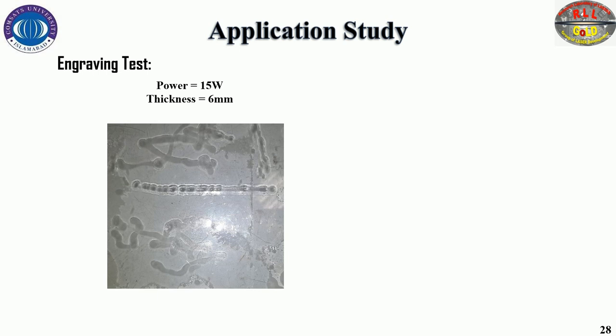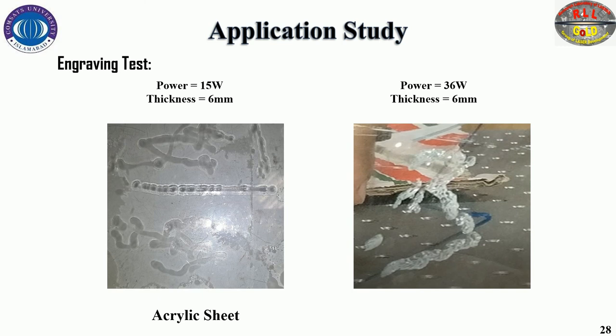Then we tried some engraving tests on the acrylic sheet and a transparent mirror, but the transparent mirror gets fractured directly without deforming elastically or plastically because it is a brittle material, so it is not possible to engrave a pattern on it with this output beam because it gets fractured directly. To engrave these patterns, we manually move the acrylic sheet and transparent mirror in front of the beam so we can engrave a pattern of a certain type.